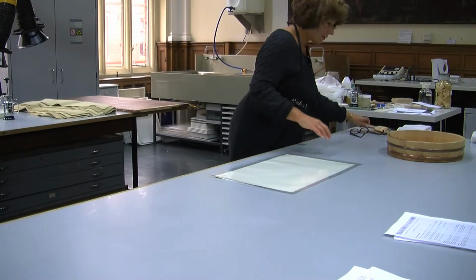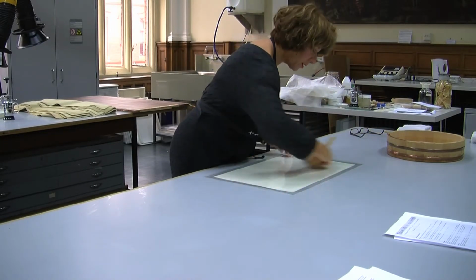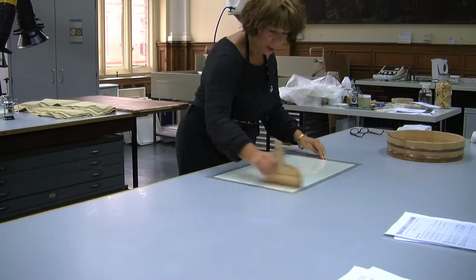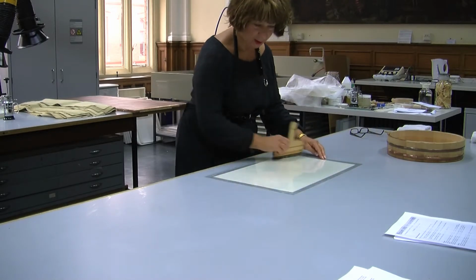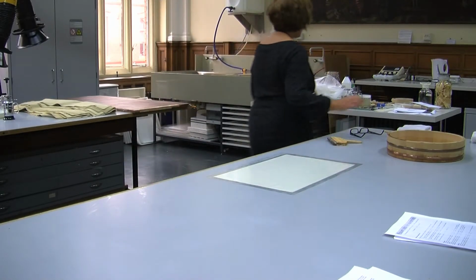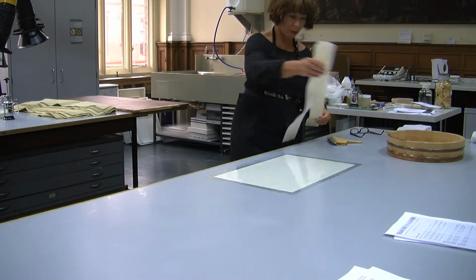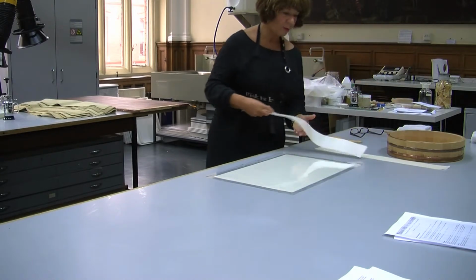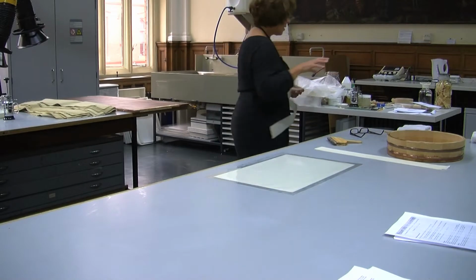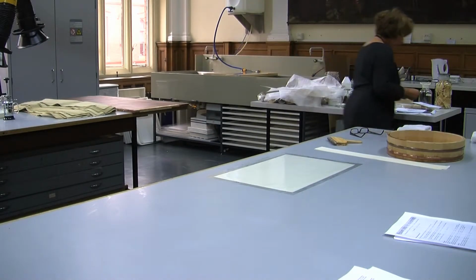So I'm just pretending this is the same grain direction, immersed it in water, then pasted up after blotting, and you've got the same laminate. Okay. And this time we're going to attach it to the karibari drying board, or a wooden board if you have it. A wooden board is not so good because a karibari drying board is a